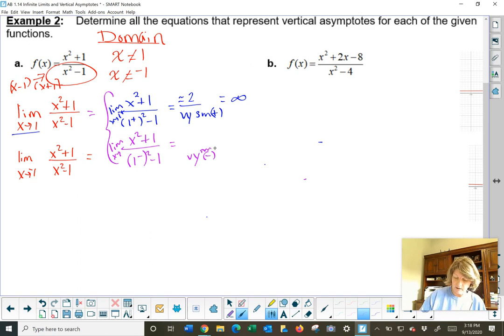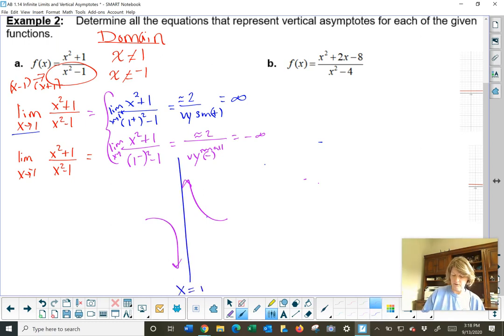I wanted to write small, very small negative. And I would still have roughly 2 on top, and 2 divided by something very small negative would give me negative infinity. So I know there is a vertical asymptote at 1, and it looks to me like we're going to be coming from the right side of 1 heading to positive infinity, and from the left side of 1,